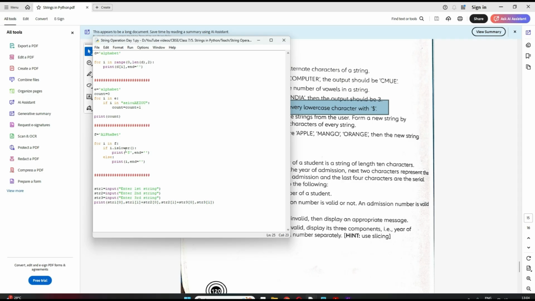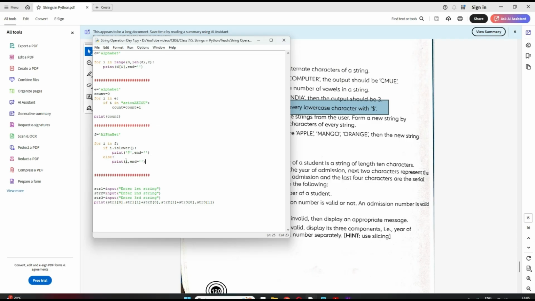So first here I will be capital A. So is A lower? No, it's not. So it will not come to this line. It will go to the else part and it will print I. So it will print A as it is. Now again it will go up. Now I is small l. Now here this condition is satisfied, l is lower, right? So here it will print dollar instead of I. So first was my A, then a dollar will come.